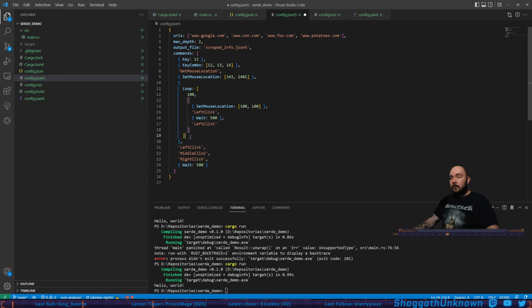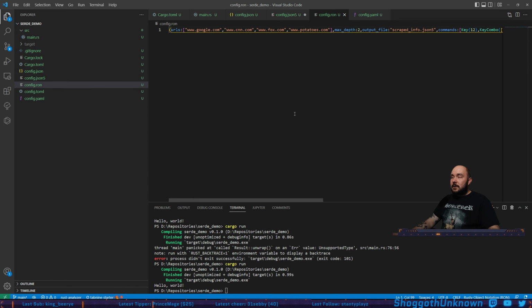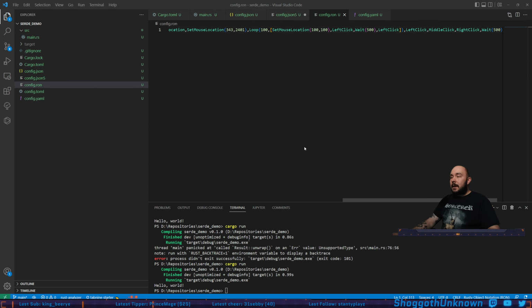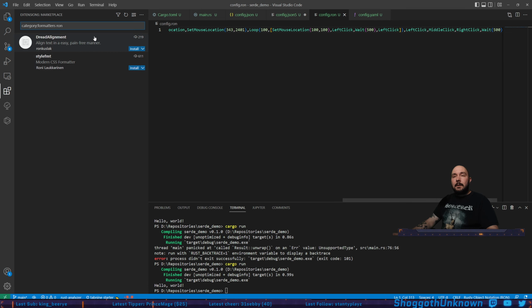Oh, I need another loop. Well, let's just copy this and then modify it. And I can easily edit the JSON later. Ron, I wish this was formatting. Yeah, do we have a Ron format? We don't. That sucks. Well, that's not something I'm going to bother with right now, but it looks a lot like